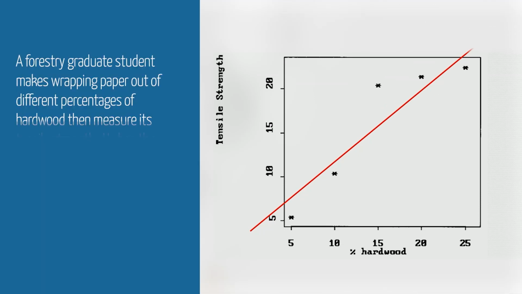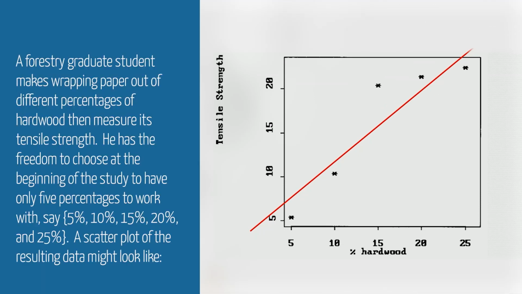So this has been explained whenever we want to find out whether the regression result can give any kind of linear relationship, and if there is a linear relationship, how the plots are being decided. Here we consider another important fit, which comes with experimental data of a forestry graduate who makes wrapping paper out of different percentages of hardwood and measures its tensile strength. Here also we observe the points which are very close to the fitted line,